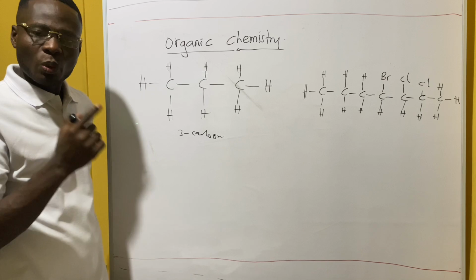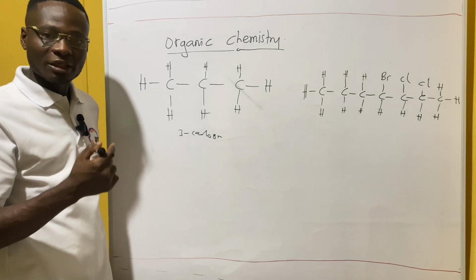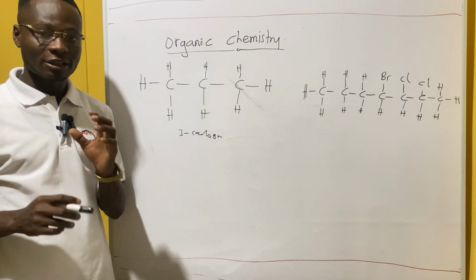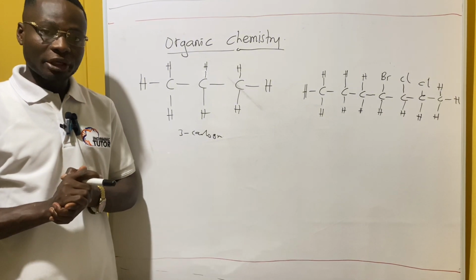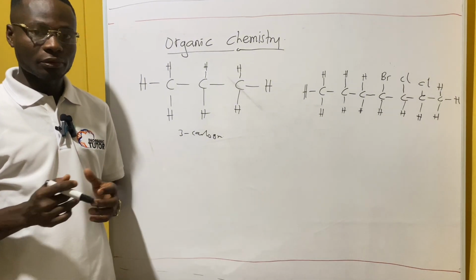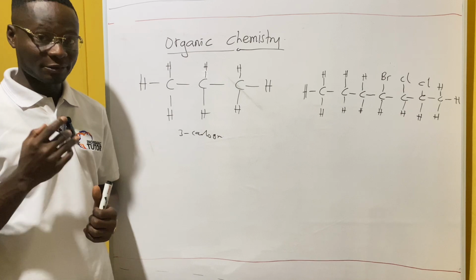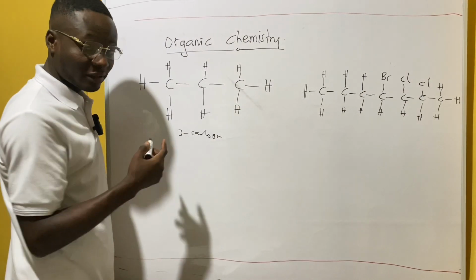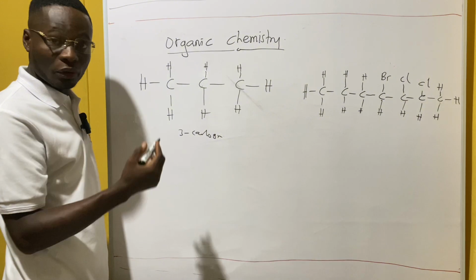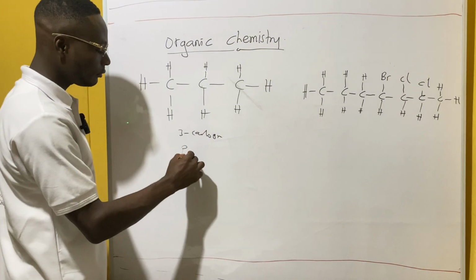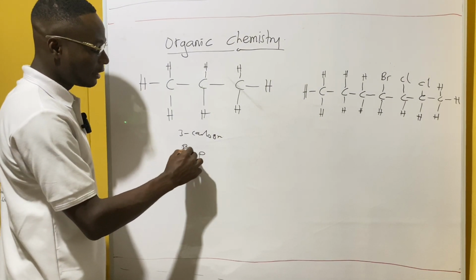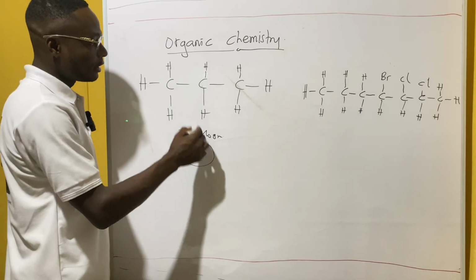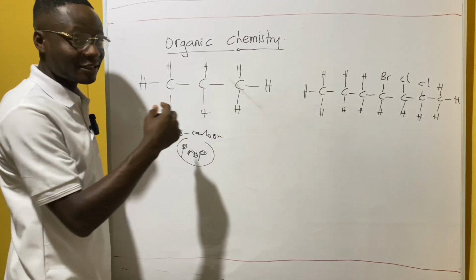Now, what did you learn from the basic chemistry? We know that when you have 3 carbon atoms, it's propane. Prop. Anything 3 is prop. So this right here, we have 1, 2, 3, 3 carbon atoms, and that is prop. And that is the parent name. Prop is the parent name. 1, 2, 3. That is the